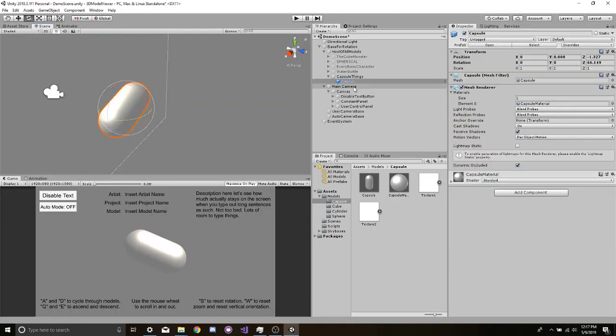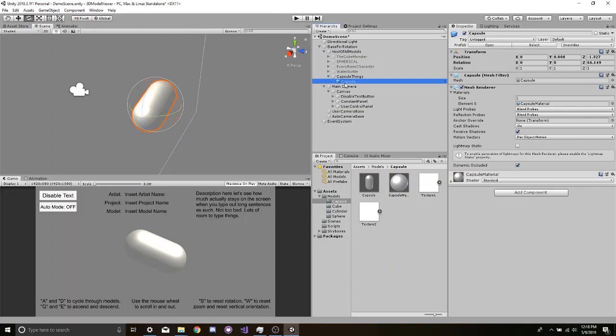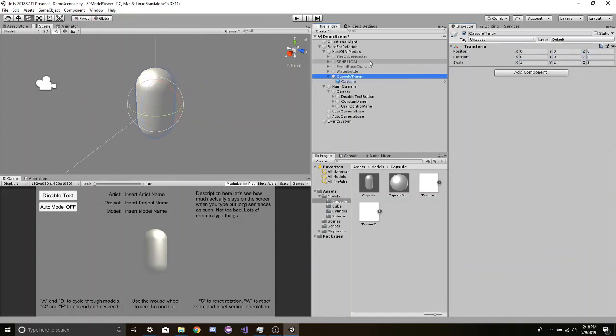Just make sure that you're rotating the actual model itself, not the game object it's a part of. You're going to want to rotate the game object. But yeah, I'm going to just re-put this on 0 because that's actually what the center is going to be. And then the last thing you're going to need to know is